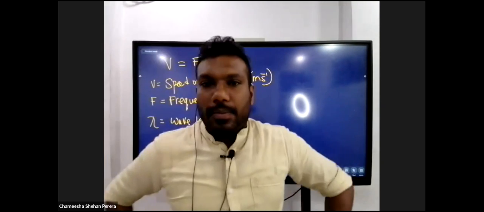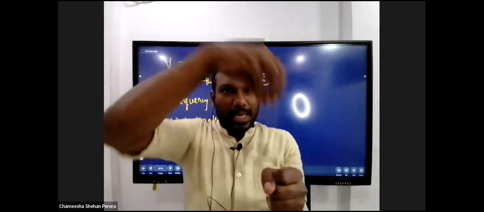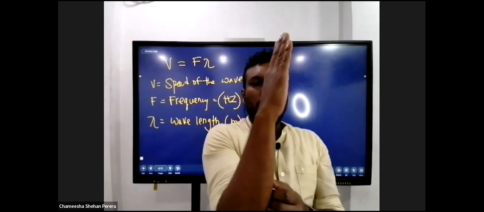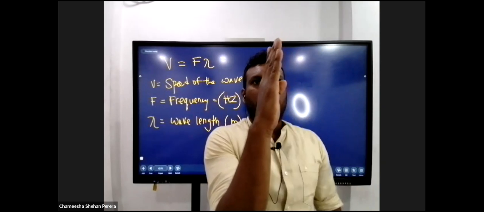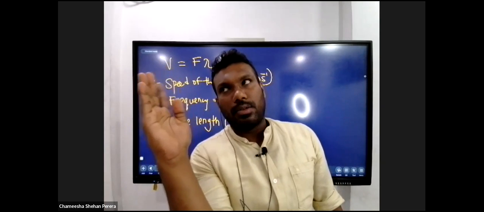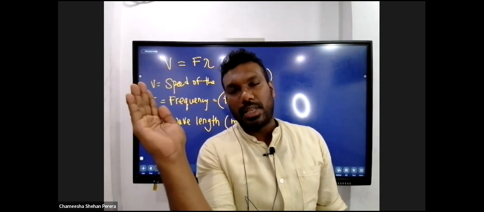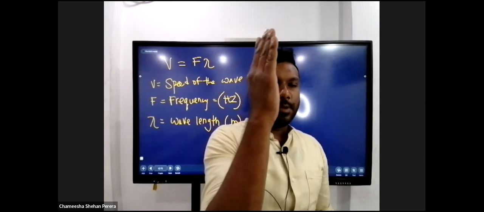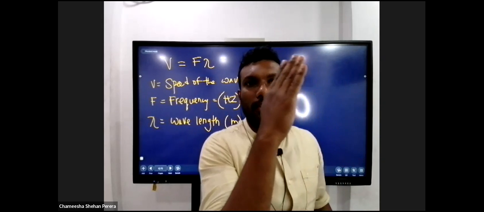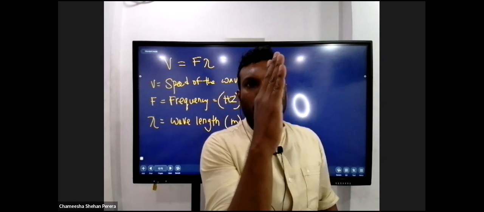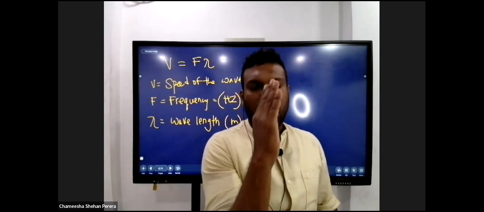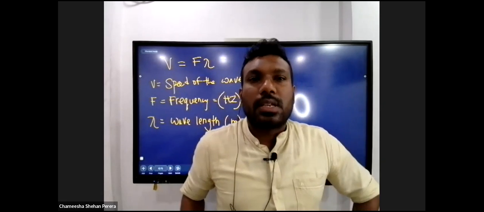If you take a ruler and clamp it somewhere on the desk, and then vibrate it, the ruler would start its motion from here. This is the zero displacement position. It moves to one side to the maximum, then moves back, passes the zero displacement position into the opposite direction to the maximum level, and then comes back to the zero displacement position. Starting from here, moving in this direction, coming in this direction, and coming again to this position. So this is a slow motion of the particle, which is called an oscillation.